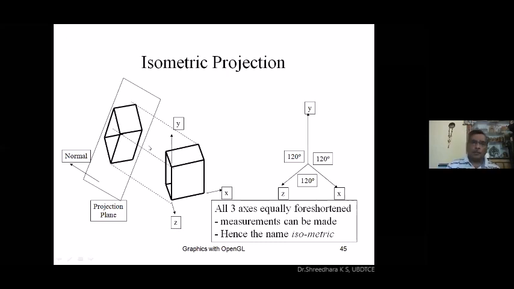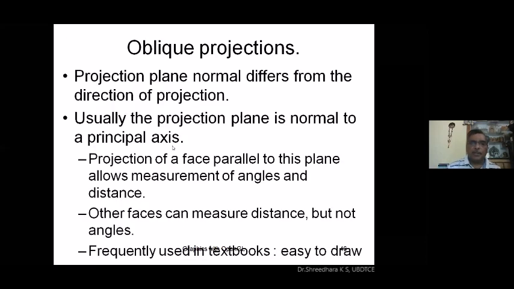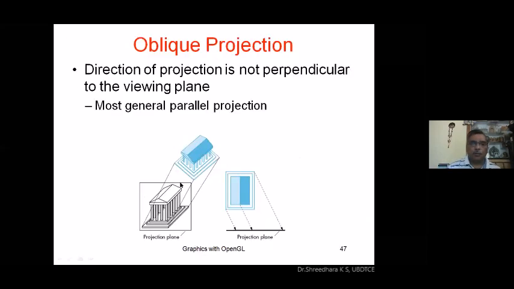Oblique projection is observing the object at a particular angle. This is the front view, side view, and top view. You are projecting the same at a particular angle. So you can use any perpendicular or plane here. You can project all of this to the crossing points, and if you join all of them, you'll get the oblique view. So this is the oblique projection, since the object is projected at a particular angle. So that leads to oblique projection.